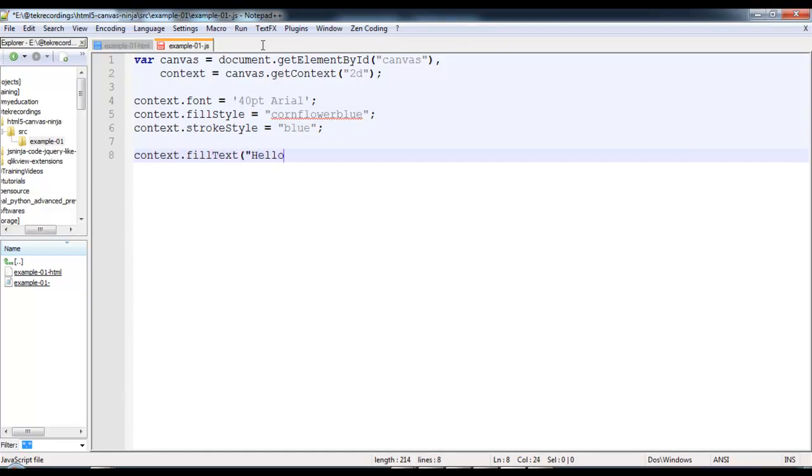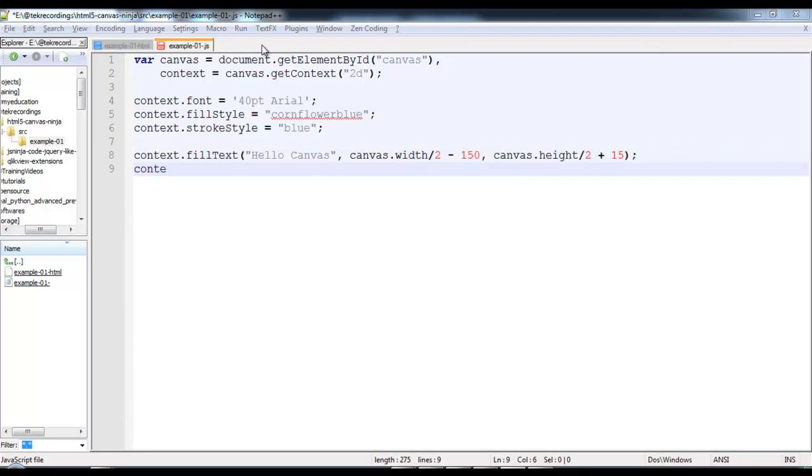We will then invoke the fillText function on the context, passing in the text that needs to be printed, and then the x coordinate and the y coordinate. Here we divide the canvas dot width by 2 to get an approximate center of the screen. We will also then do a strokeText using the same coordinates. StrokeText will give an outline to the text that is just filled onto the context.